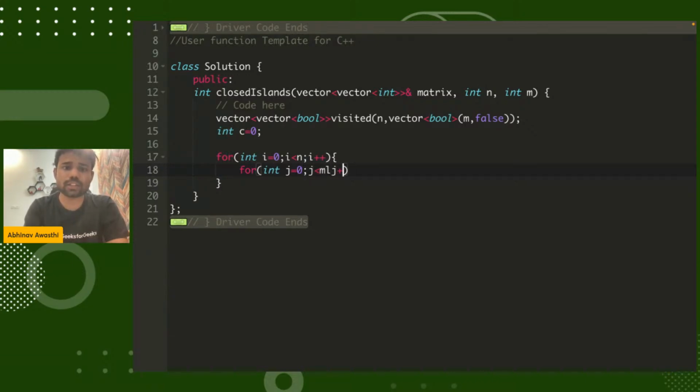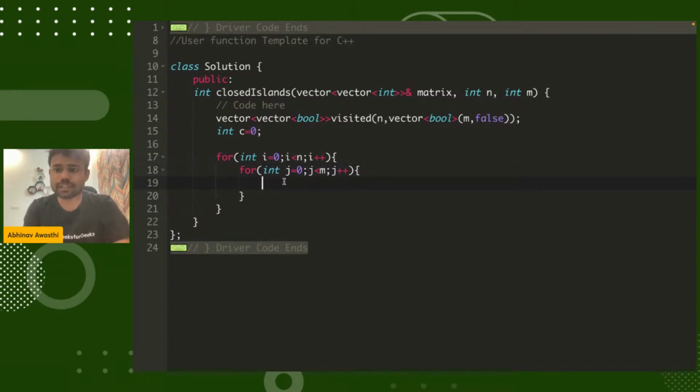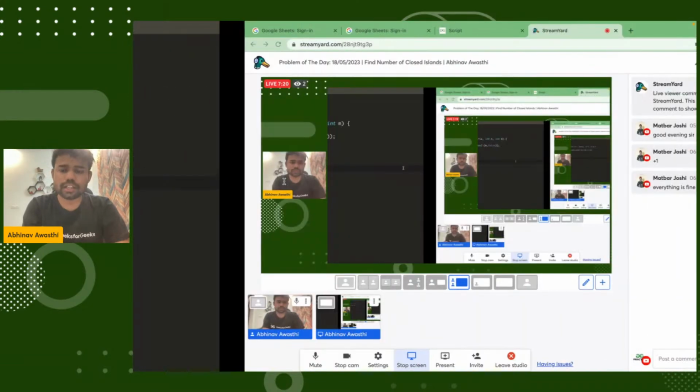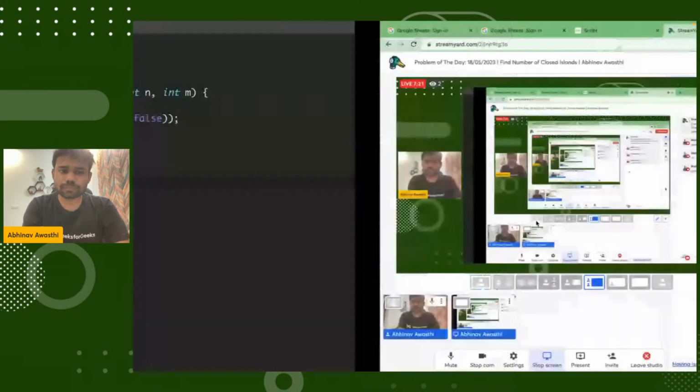So I will iterate through each and every cell of the 2D matrix. Each and every cell of the 2D matrix I will go. Okay, great. Now, guys, the very first thing that we have to check is that if